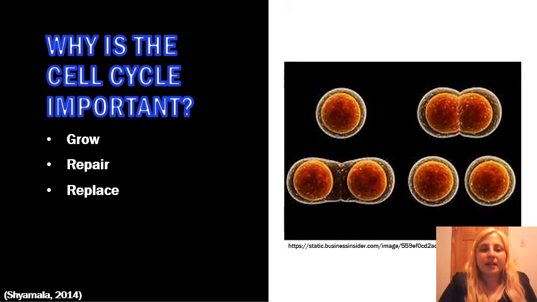Why is the cell cycle important? Cell division is vitally important for the survival of all organisms, and therefore life itself. This multi-step and heavily regulated process allows organisms to grow. Furthermore, cell division is important for repairing injuries by replacing cells that may be dead, damaged, or simply too old to function properly. In this manner, cell division provides a regeneration of new cells over and over to keep the